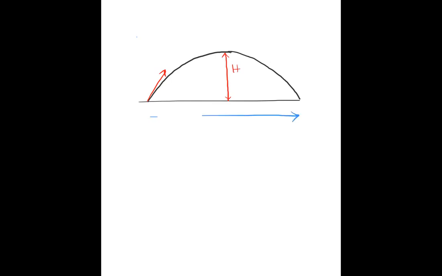Let us do the same kind of analysis for this ground to ground projectile motion, that is, the horizontal and vertical analysis. Both the horizontal and vertical components of the motion will be discussed separately. Based on the vertical component, we will derive the formula for the maximum height, and based on the horizontal component, we are going to derive the formula for the range. In fact, we are also going to find the formula for the time of flight, that is the total time it takes from projection until it hits the target.